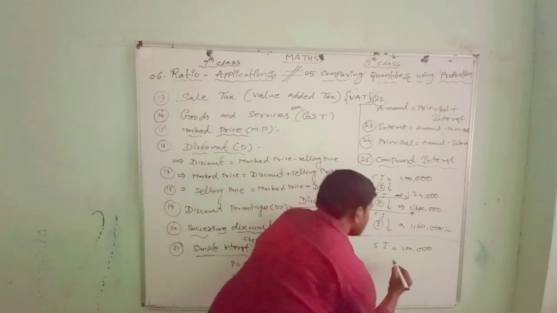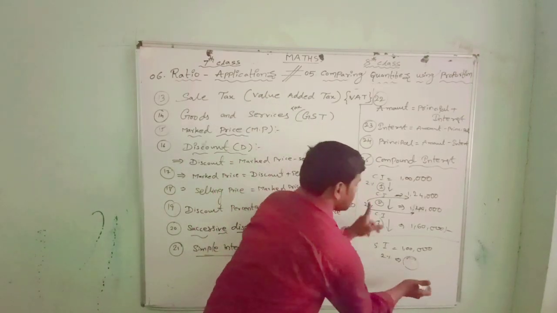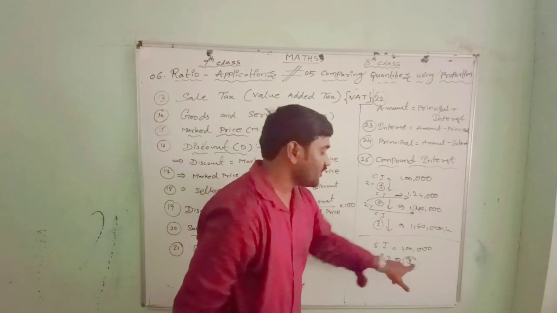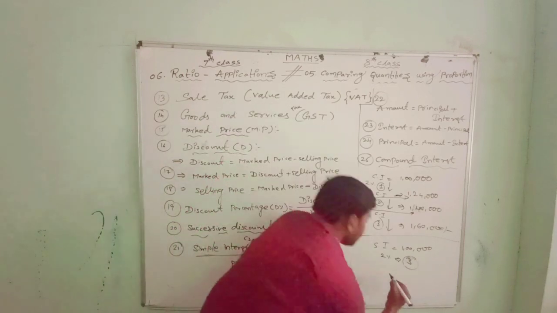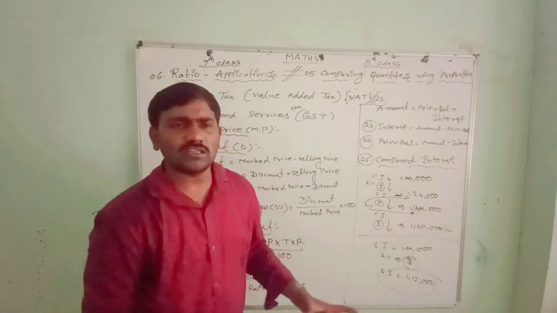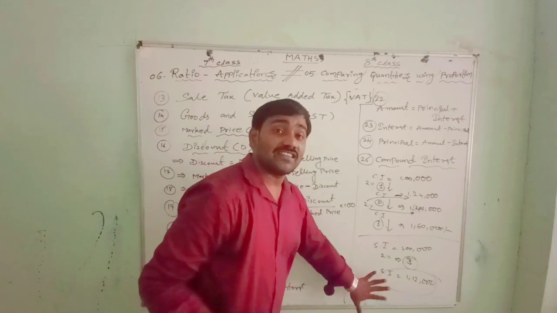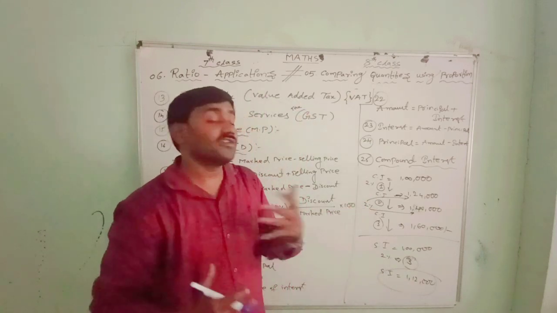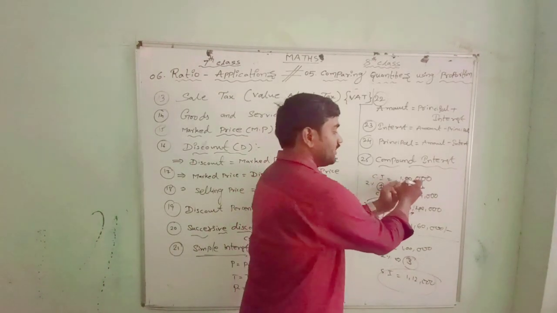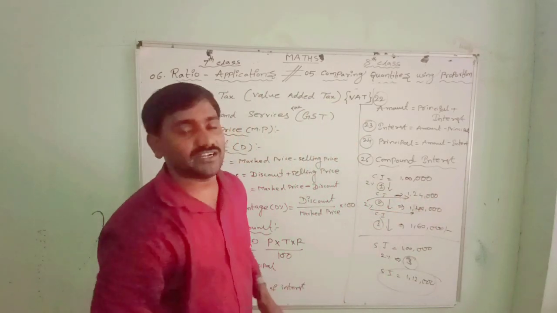For example, I am telling you here, for 2%, suppose for 3 years, this 1 lakh becomes 1,60,000. For simple interest, if you give for 3 years, it becomes 1,12,000 or something, 1,10,000 or 1,15,000. You will not get more interest on simple interest. Here on compound interest you will get more interest. It is interest on interest. On this interest amount also they will keep interest. That is called compound interest.